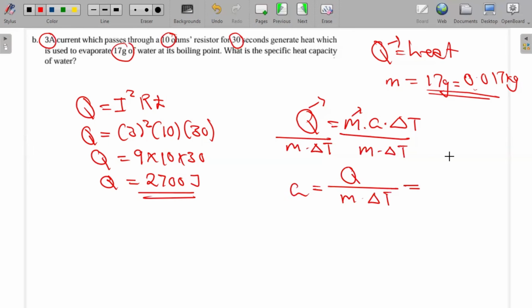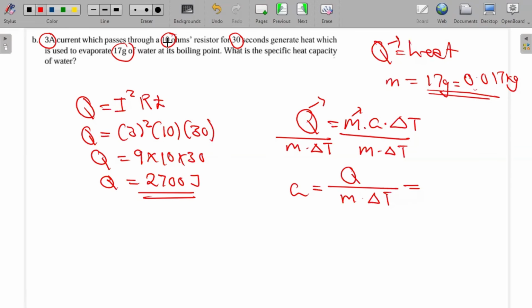Okay, what are we missing in our equation? Or what else is missing? It's temperature, the change in temperature. Okay, the change in temperature. So this question is saying